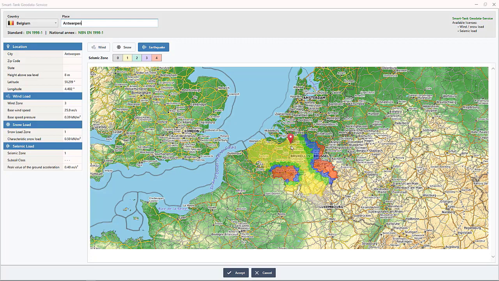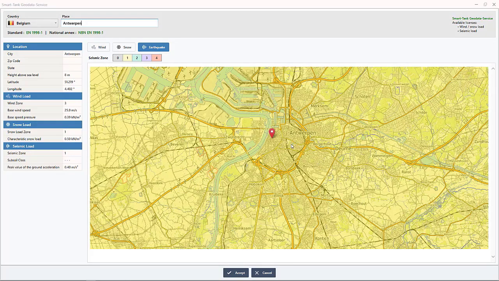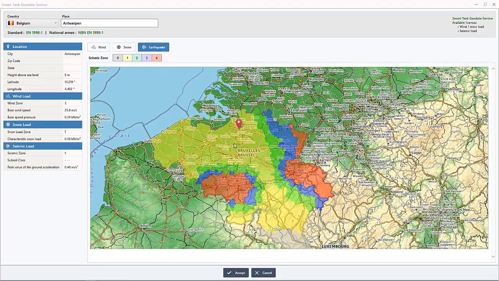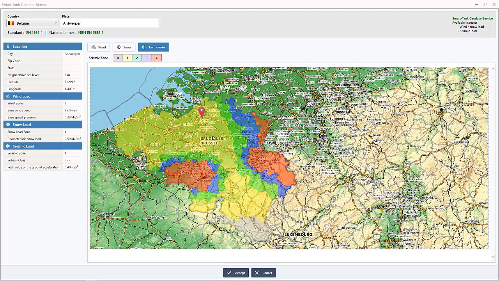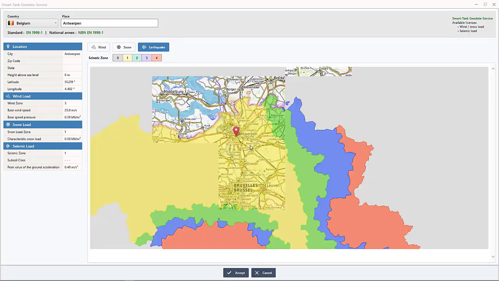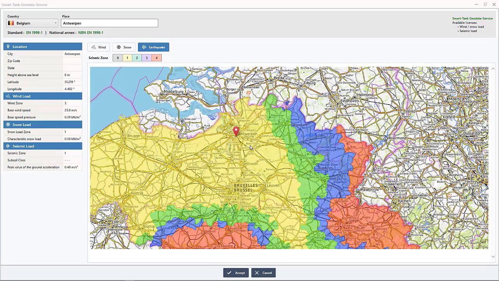To zoom into a map section, switch to the destination with the mouse and select the resolution by scrolling the mouse wheel. The map section can be moved by dragging it with the mouse while holding down the left mouse button. Please note, all data always relate to the respective center of the town.